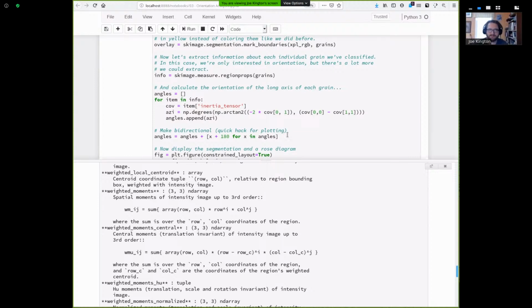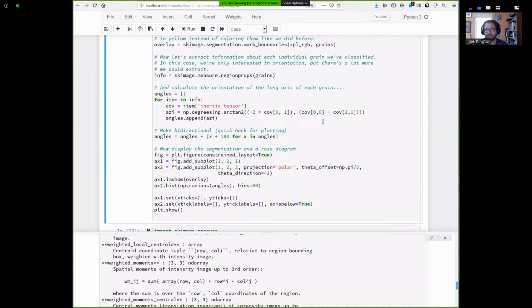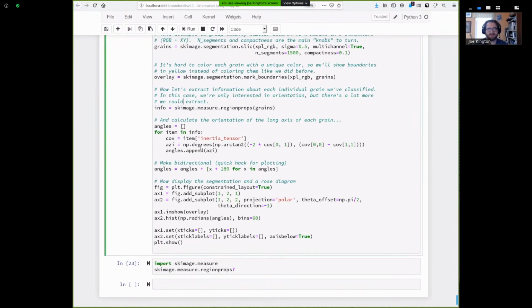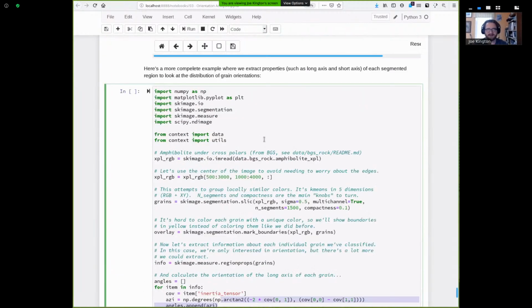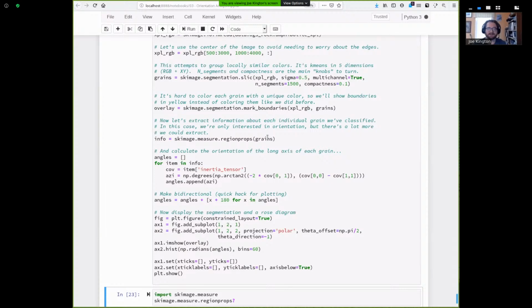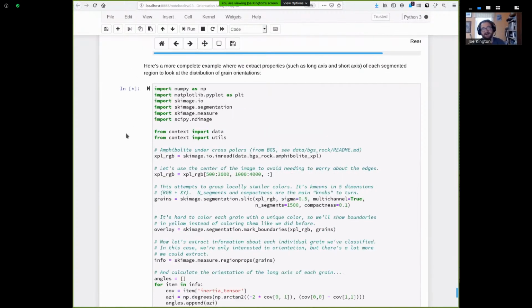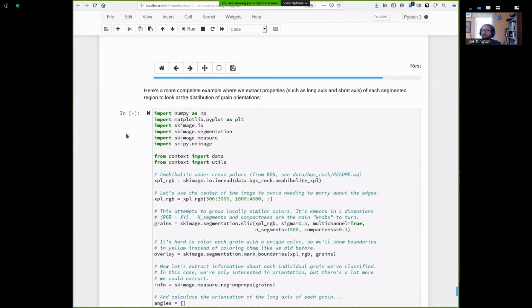All right, I'm talking a whole lot about it, but we're going to go ahead and calculate that and get out the inertia tensor, which in this case is the covariance matrix I mentioned before. Get the azimuth of it, and just make a quick rose diagram. So I've talked a whole lot for what in the end is just a rose diagram of the approximate grain orientations, all done automatically with just a little bit of tuning on trying to segment the grains. And once this finishes,